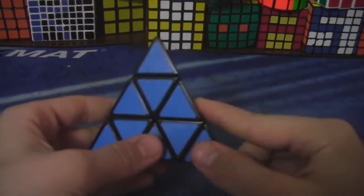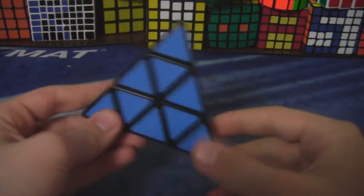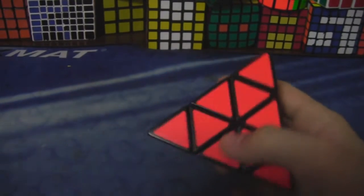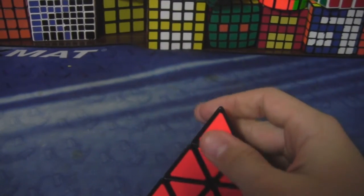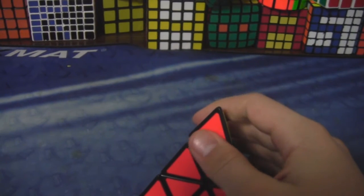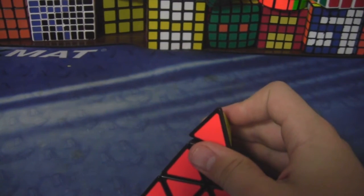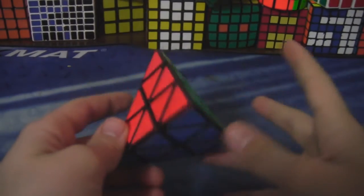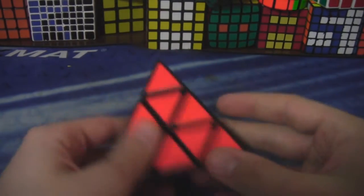And to be honest, I've never solved a white Pyraminx, so I don't know if I get worse or better times. As for times that I get, I average 9 seconds. My best time on the Pyraminx, I believe, is a 2.35. I could be wrong. But yeah, so I do an average of 100 at least once a day on Pyraminx